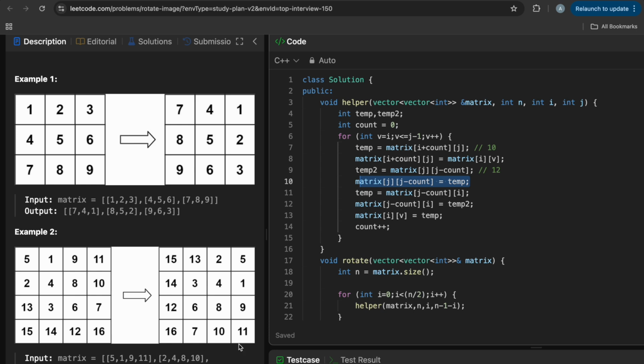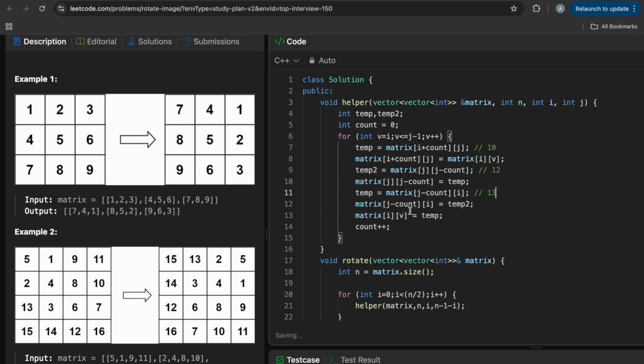So here 10 will come, here 10 is our answer. Then we are updating the value as j minus count. So that is 3 minus 1, 2, 2 comma 0. So 2 comma 0 is this one. So here now temp will contain 13,